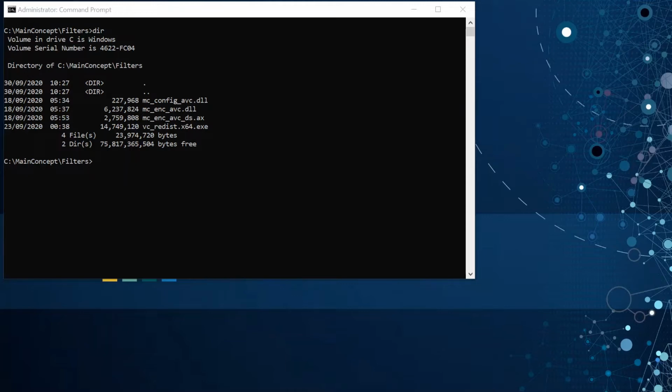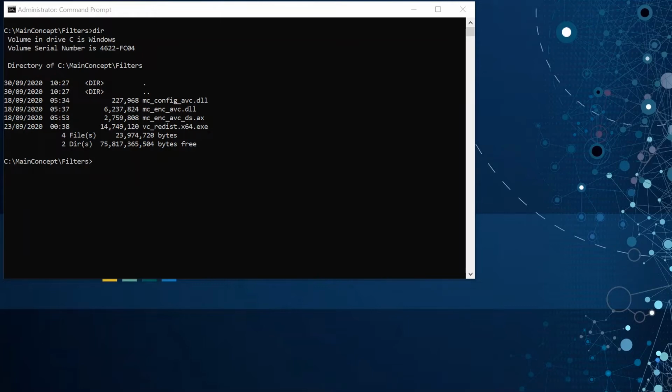Before we move on with the registration, there are three main points that we should mention here. First, the Main Concept DirectShow filter I'm about to register is from the Codec SDK 11.3, which was compiled with Visual Studio 2017. This means that the Microsoft Visual Studio 2017 redistributable must be pre-installed in order to successfully register and use the DirectShow filter.